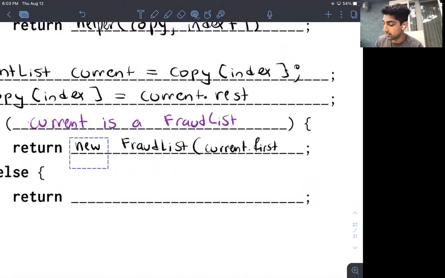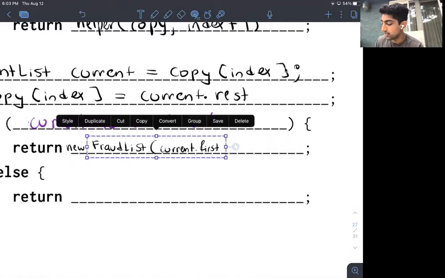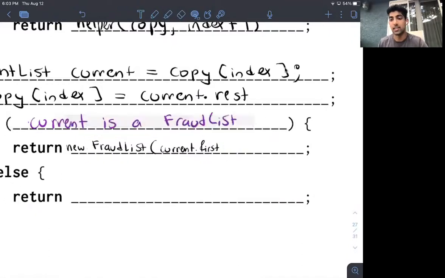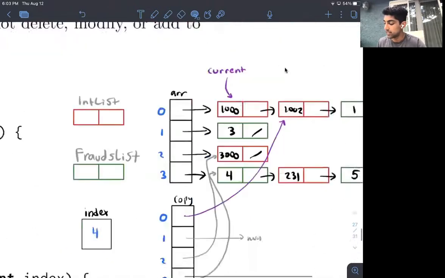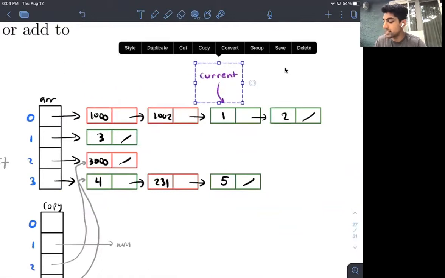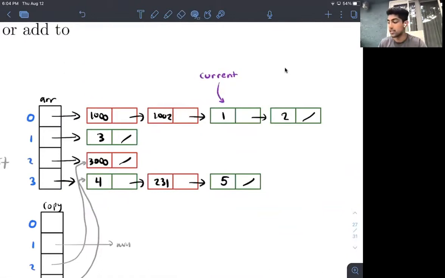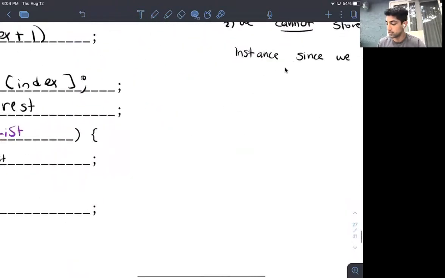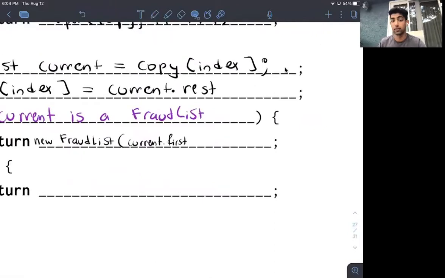And the reason I got this line right here is that we know in our new fraud list we're making, the first element should be current.first, right? Let's think about the situation once current is over here. This is the first fraud list we see. We know in the fraud list we're making, it's going to be the first element. So I say I'm returning a new fraud list of current.first, and the subsequent elements need to be the result of the recursive call to helper, right?